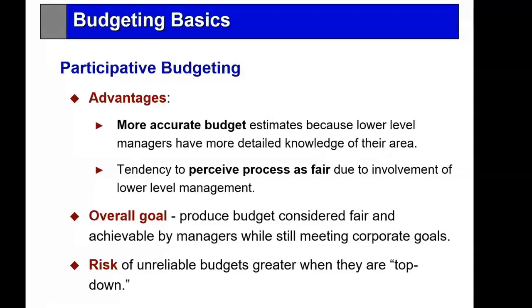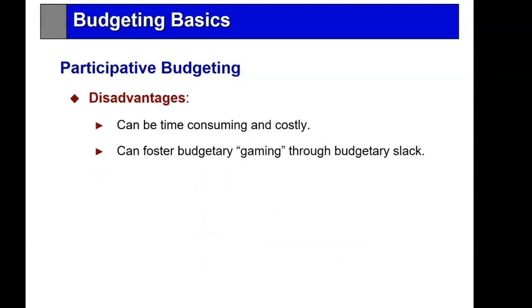Now, the opposite of participative budgeting is called top-down budgeting. In top-down budgeting, the senior management has said, okay, this is going to be the sales forecast for the coming year, and you guys build your budget according to that. That's called top-down. It's not participative. You did not participate in it. In a sense, you were told what you have to achieve. So participative budgeting is the way to go.